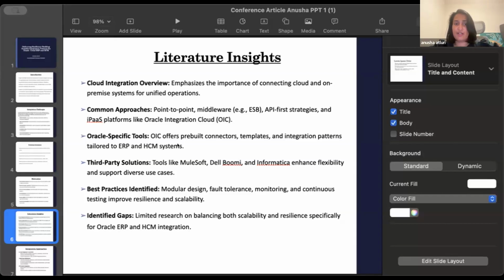Best practices identified. Fault tolerance, monitoring, and continuous testing improve resilience and scalability. As we discussed, when creating an integration, we have to think long term, and we need to implement these best practices as well. I'm talking about code because an integration is basically based on code. We have to think it has to be designed in a modular way, and it has to be error-proof as well. Even with errors, we have to design it in a way that it can be reprocessed as well. Identified gaps. Limited research on balancing both scalability and resilience specific